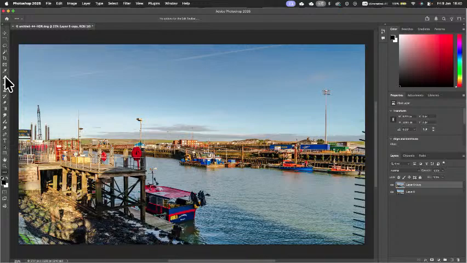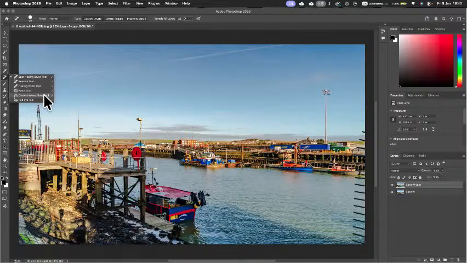If I just, no, I don't want to click on it, I want to just click on the little triangle. Got spot healing brush tool, remove tool, healing brush tool, patch tool, content aware move tool, red eye tool, and